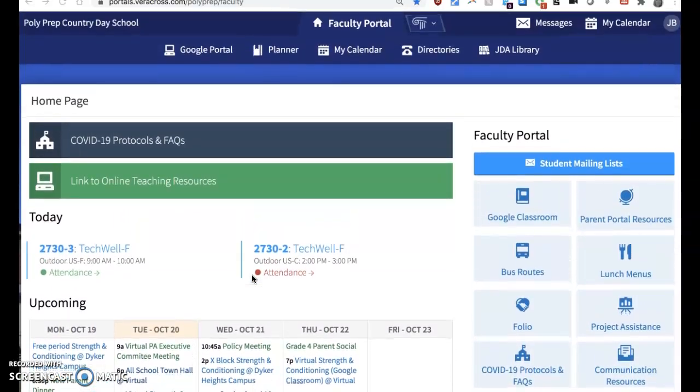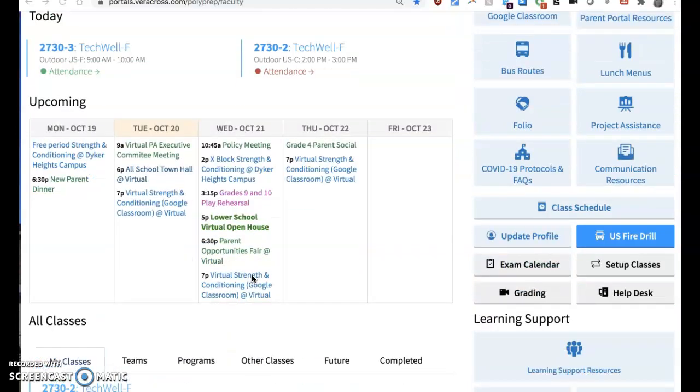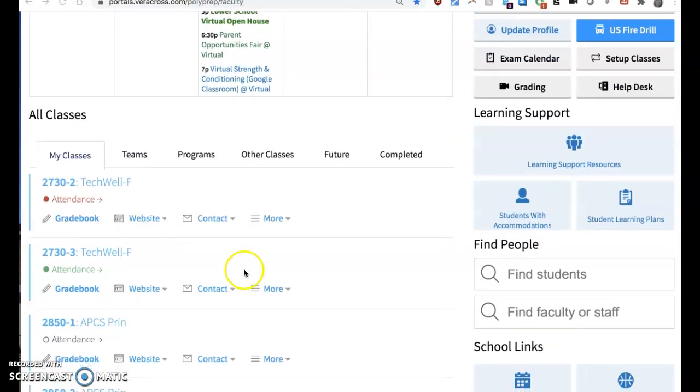I'm going to walk you through Veracross a little bit, and today what we're going to be working on is how to weight different assignments within your class. So you'll go into Veracross, you'll go into one of your classes,